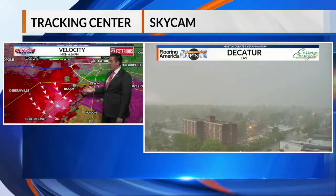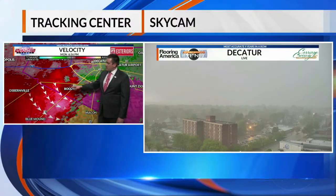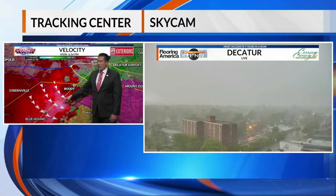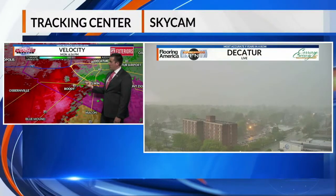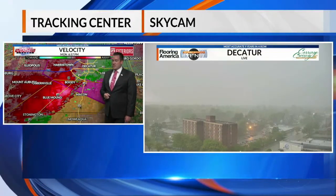so we're going to have to look out for potentially some issues with that. But we've got our velocity here, our inbound and outbound winds, and you've got these strong winds, especially the bright color there. That signifies some very strong winds within that, and that's also causing the storm to rotate around as well. And wow, our camera there is showing a bunch of lightning as this is coming into the